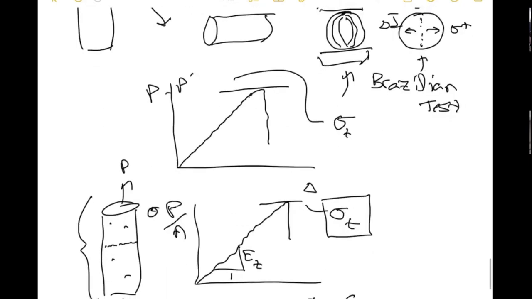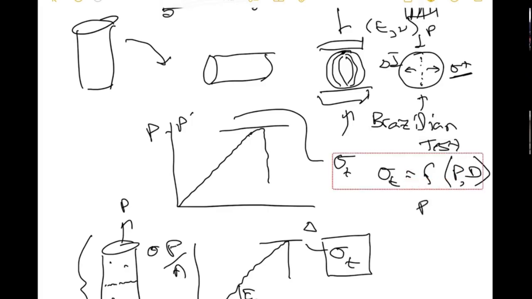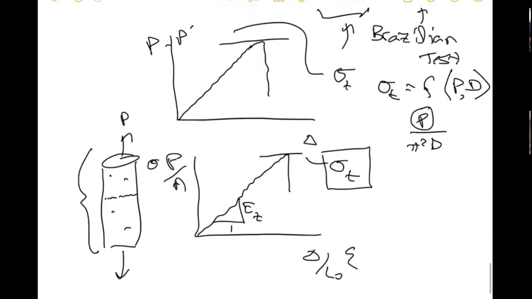A Brazilian test. And then based on the theory of elasticity, this stress here is a function of that P and the diameter of the specimen. And so there's some relationship, and I can't remember what it is. I think it's like pi squared D or something like that. And that's what you do. You measure the P and you compute then, assuming these conditions here, what you call tensile strength. And typically then they call this sigma B for the Brazilian strength.